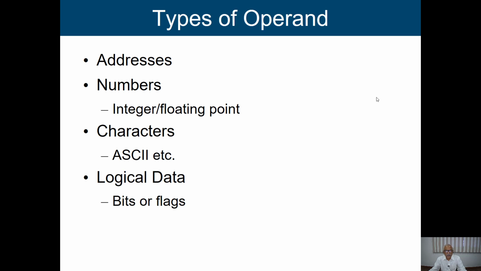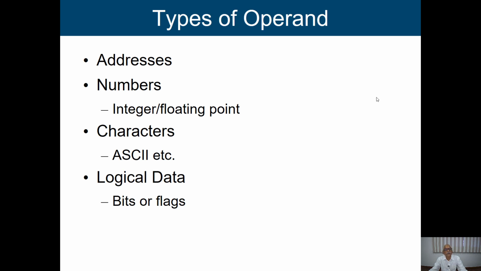Secondly, with some instructions we are going to provide a number itself on which we are going to work. So the type of operand will be numbers, it may be an integer or floating point. Sometimes we are going to work with characters, strings, in string manipulation. So we can work with such type of data also. In that case, we represent those characters, and generally we use ASCII code to represent our characters, or maybe we have other codes also.